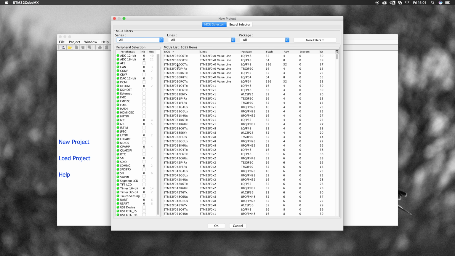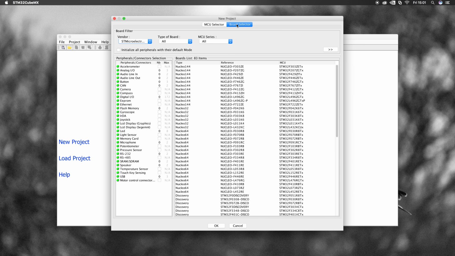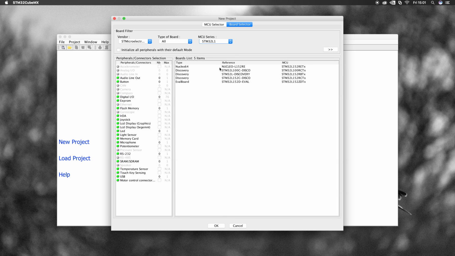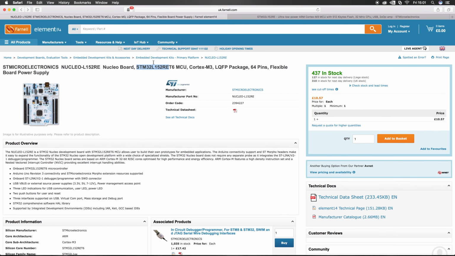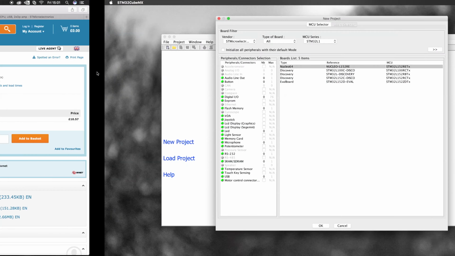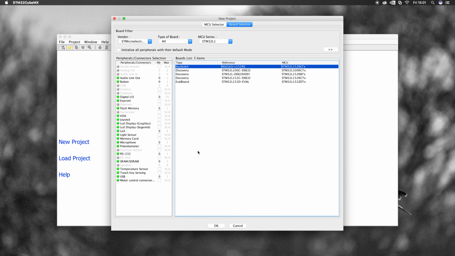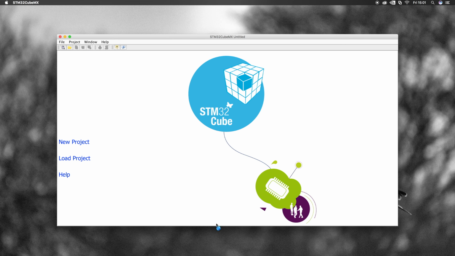Okay, this is a device selector over here. If you did build your own hardware or you have your own device, you would select your device over here. But since we are using a pre-made board, we actually jump in here and select our MCU family, which is STM32L1, and this is actually our board over here. So we'll select our board, click OK,